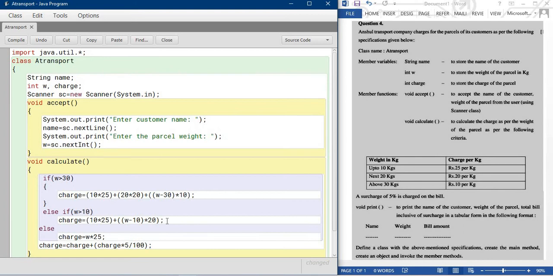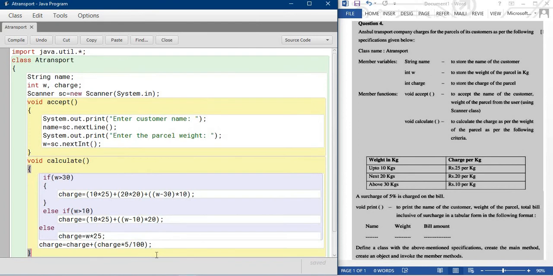Then the 10 rupees you decrease. Here, for the additional charge, you add. So this is the 5% calculation. This is the previous charge, and adding both these two and storing in the same variable. This way you do the calculation.